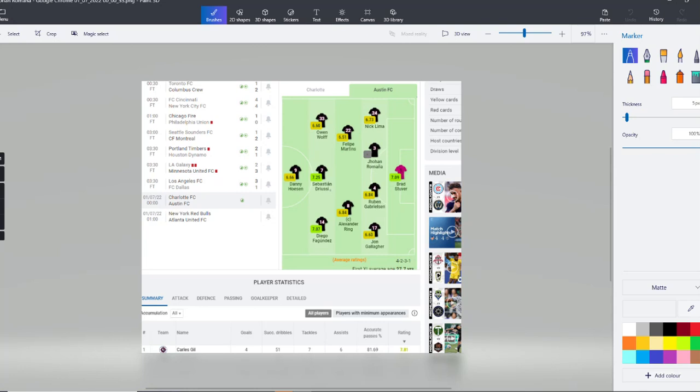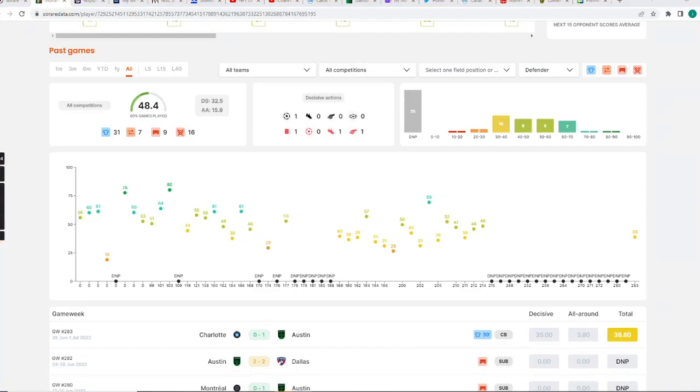So what you're looking for from the second game onwards is a player that hasn't got a score, like this guy, Johan Romana. Now, I've known about this kid for a while. He's been out injured for about 6 months. He's a centre-half at Austin, and Austin played away to Charlotte last night, and he was back in the starting 11. Now, as you can see from the scoring chart, this guy is capable of posting very, very good scores. And obviously that long stretch there of no scores is because, I think, he was out since November of last year, and he came back